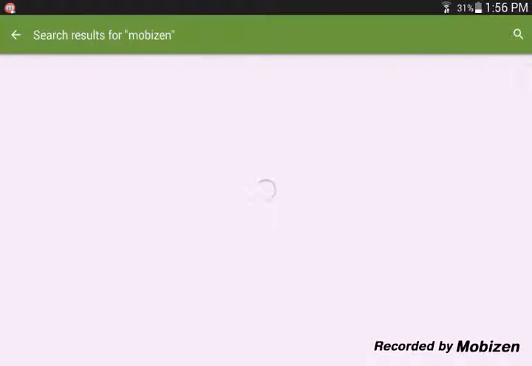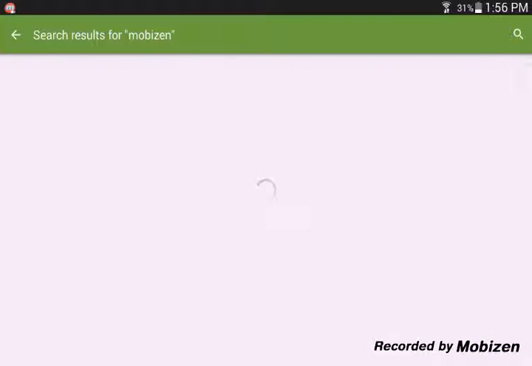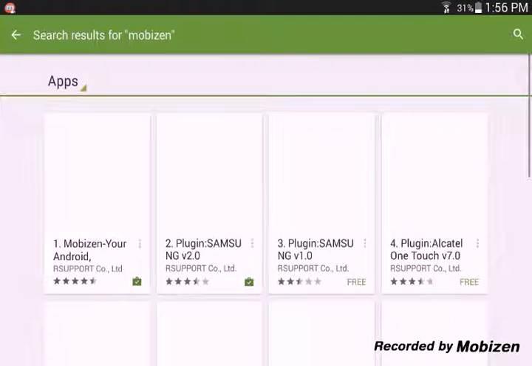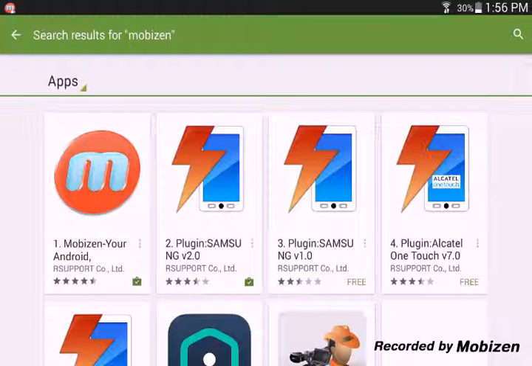Now my internet is really slow in my room, so let's see how much time it takes. We can wait for a while because our video just started. It's not a big thing to record this, and I'd like to show you what options we get. Okay, here we are. You don't have to click the name and then the app Mobizen. You have to actually search Mobizen, then only it will show up.